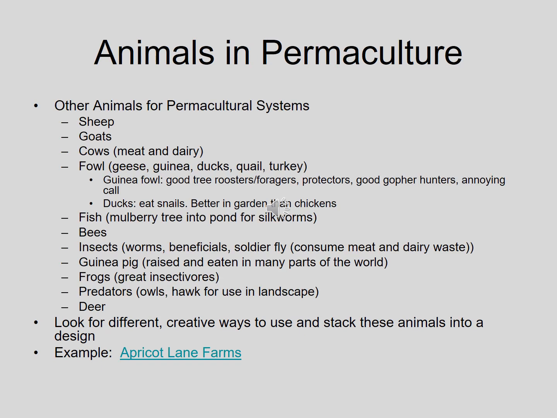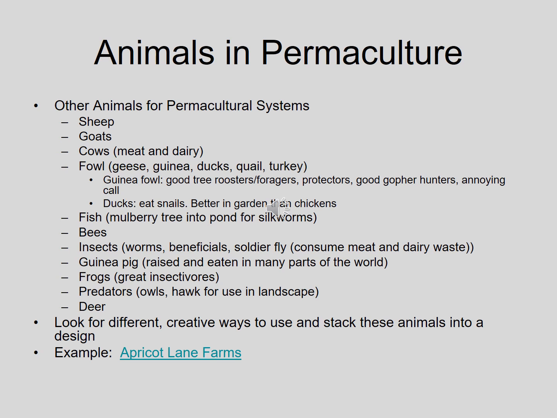Some other types of animals to be used in permaculture systems. Of course, these could be used in any kind of agricultural system, or livestock, but they're talked about a lot in permaculture because people have used these animals in ways that can be integrated and in ways that they have good inputs and outputs of other elements in a permaculture design. Sheep, goats, cows, different kinds of fowl, fish, bees, insects, guinea pigs, frogs, predators can be used to be